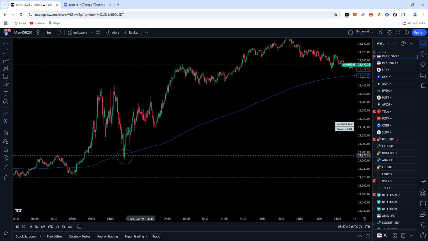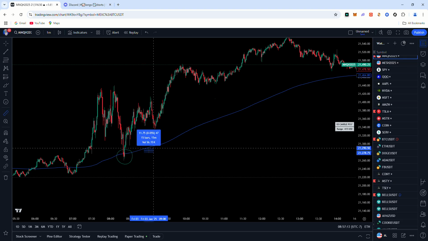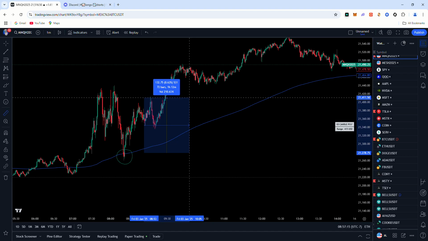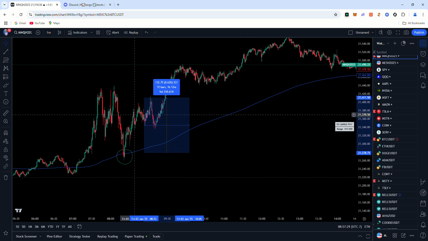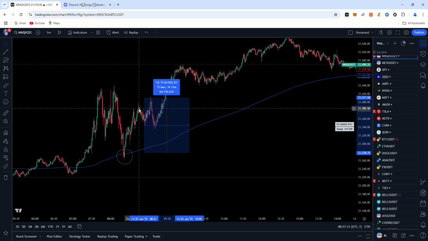We have a ruler here. So say you entered there, and we took profit here or here or here. I mean, you went from about 278 all the way to, let's say, 378 from this first one right here, right? That's 100 points. 100 points on the E-mini NASDAQ is